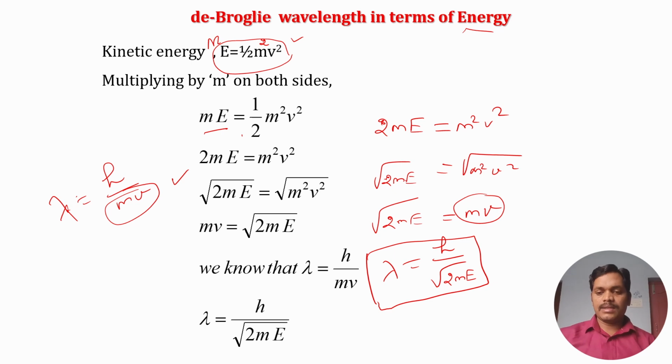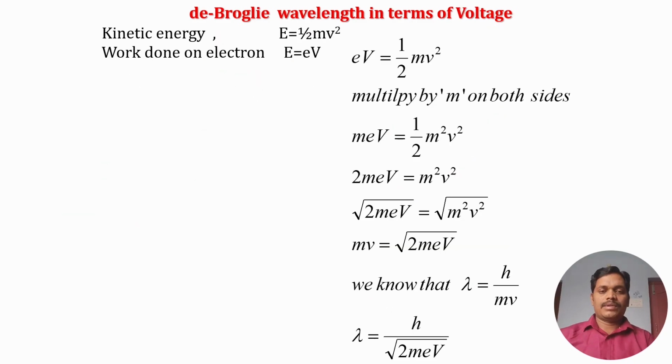So if you can understand these basic ideas, it could be useful in various applications as well as in some derivations. So next we can move to the de Broglie wavelength in terms of voltage. In case a matter is accelerated through a potential difference V, then because of some external energy, we can